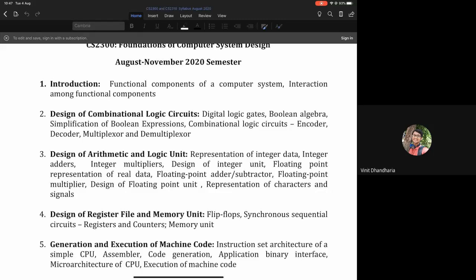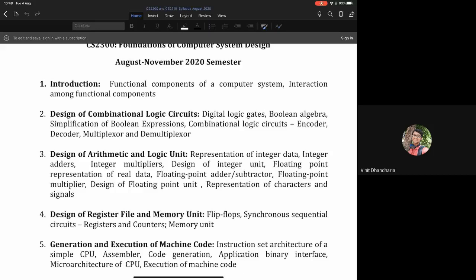Then we'll look at the circuits for the integer multiplication. We will not spend too much time on the integer division. Okay, we'll be seeing the reasons for that later. Then when we put all these adder circuit, subtractor circuit, and the multiplier circuit together, we get what is called the integer unit, which can perform all the arithmetic operations on the integer type data.